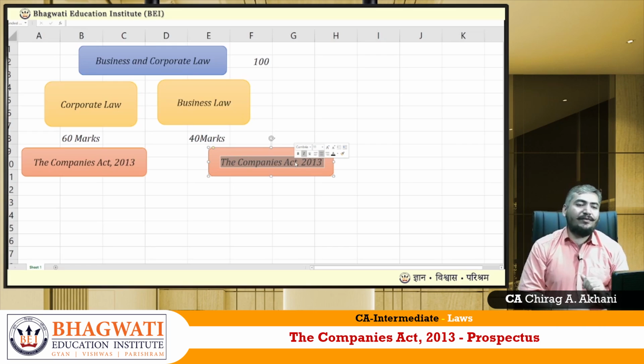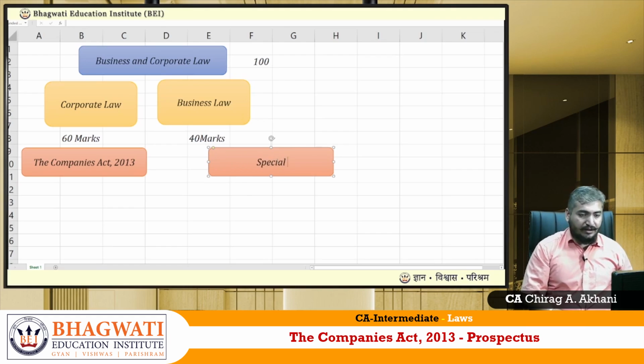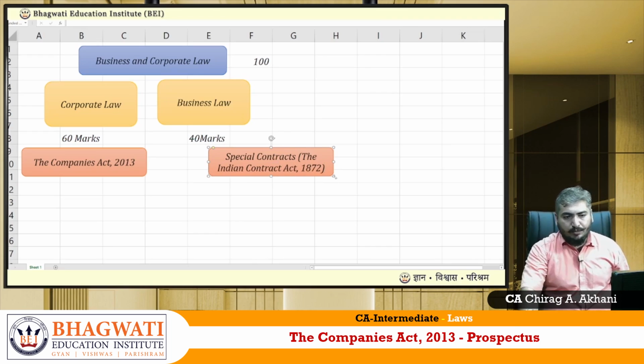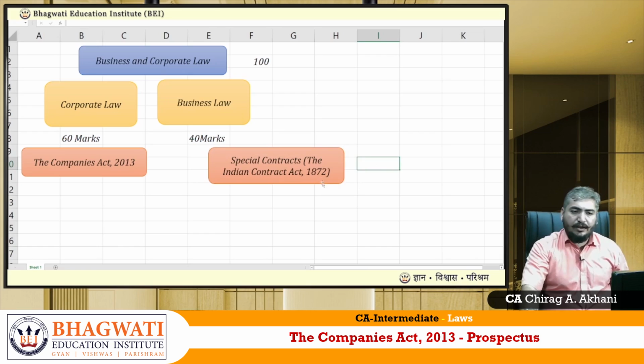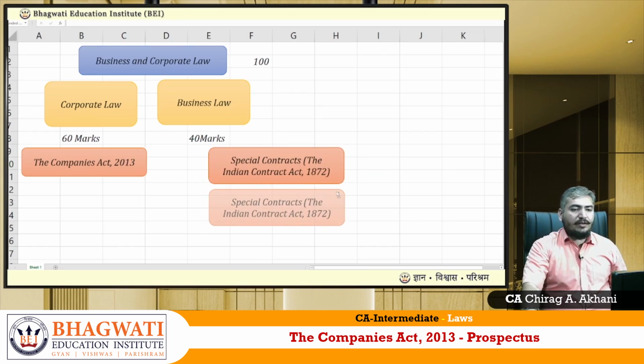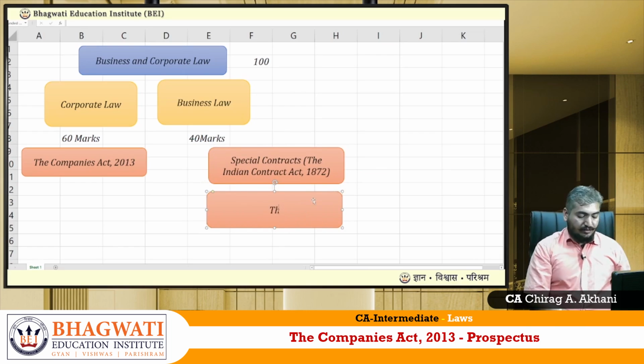Now guys, this is the time where we face the extension of the Contract Act 1872. We are going to learn the extended version of the Indian Contract Act 1872, and here it is known as Special Contracts. Special contracts are nothing but the remaining portion of the Indian Contract Act 1872, the extension of what we learned earlier. In business law, one more topic is added, and that one is the General Clauses Act